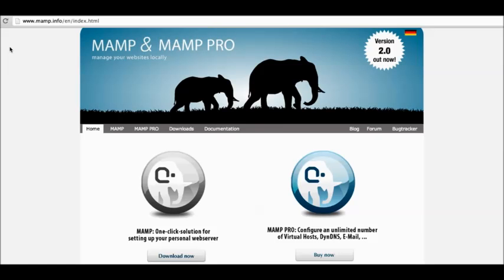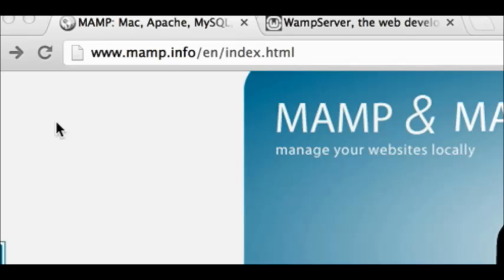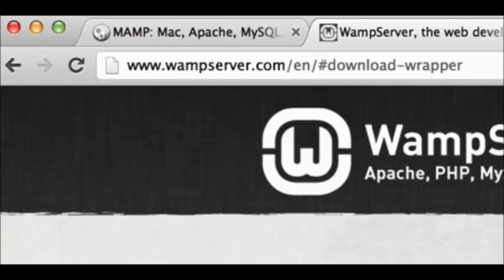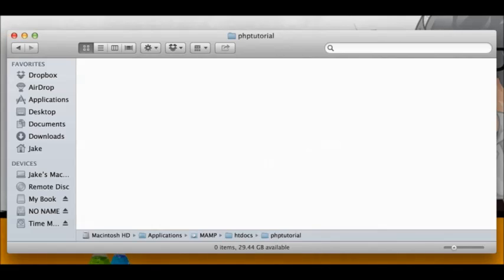So before you can execute PHP files on your computer, you'll need to install some software. If you are using a Mac, you'll want to go ahead and download and install MAMP from mamp.info. If you are using Windows, you will want WAMP from wampserver.com. Once you've installed that, you'll find a folder has been created. In OS X, it is under applications/mamp/htdocs. I believe in Windows, it is just the root directory